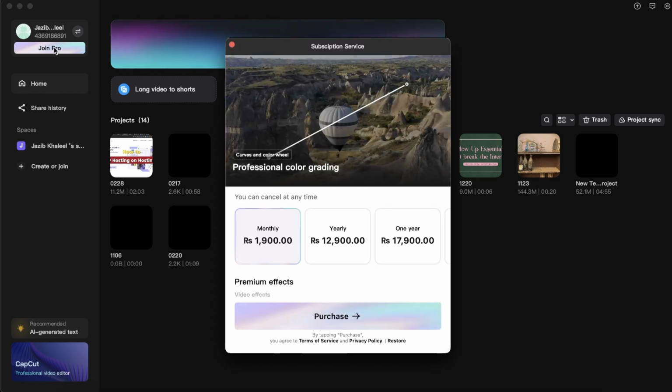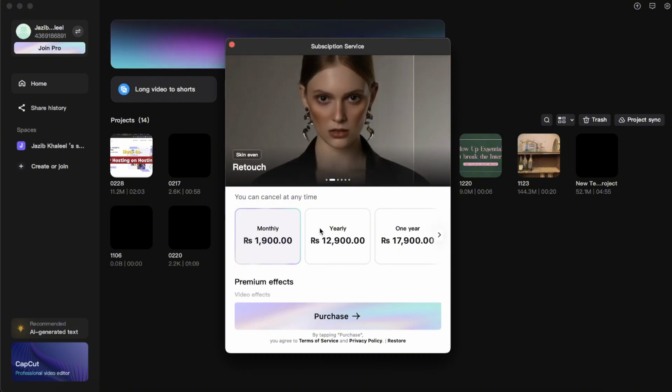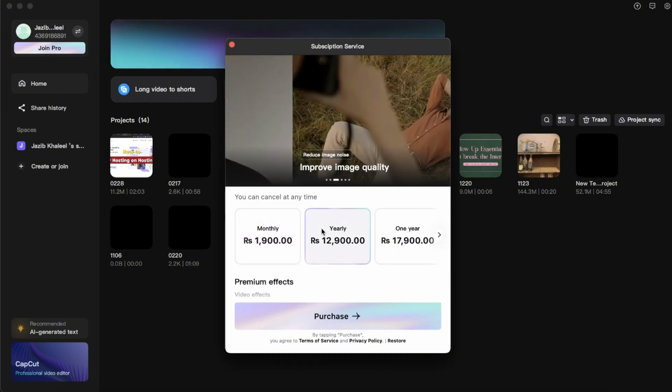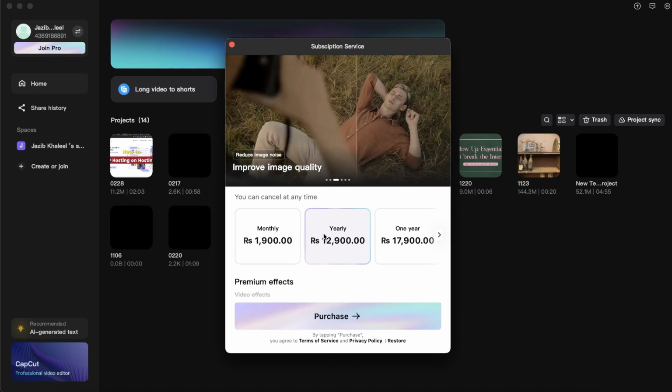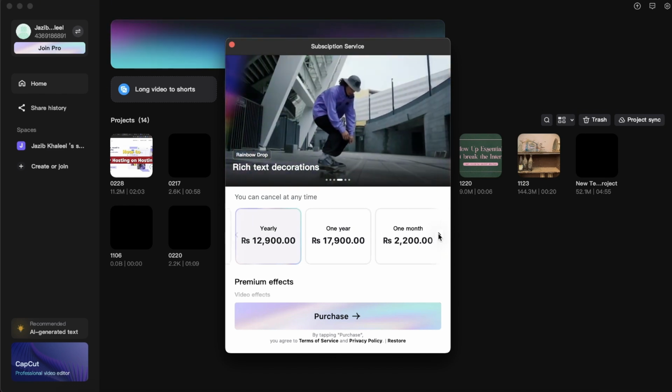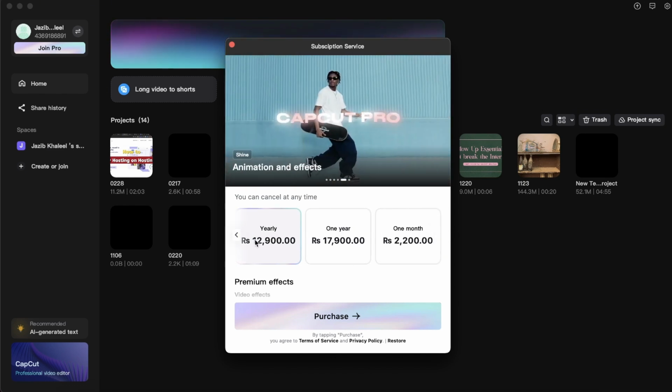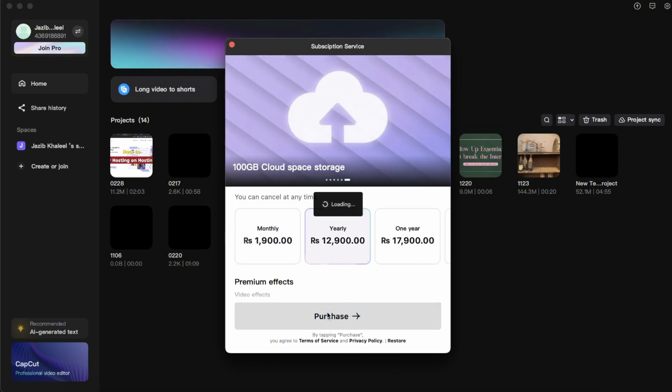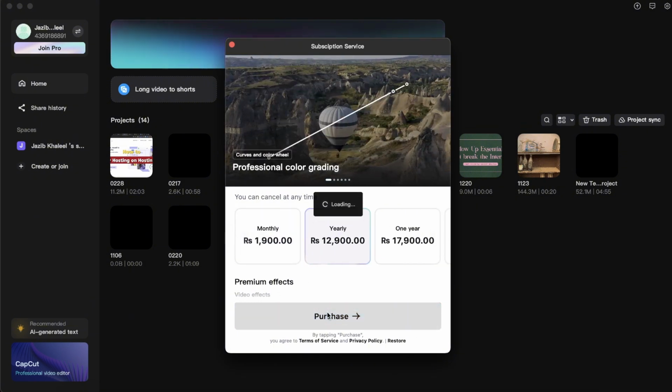First of all, after signing in, just click on the Join Pro option, then choose your desired package, like monthly, yearly or 1 year, and there is a 1 month option as well. So choose your desired option, then click on Purchase, and after that